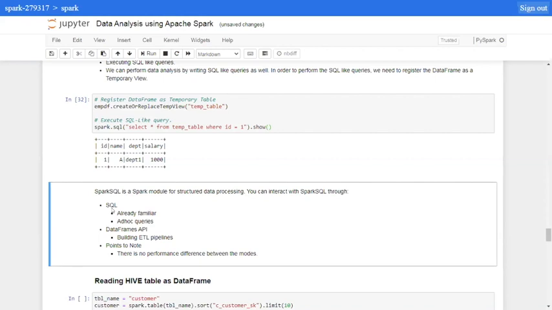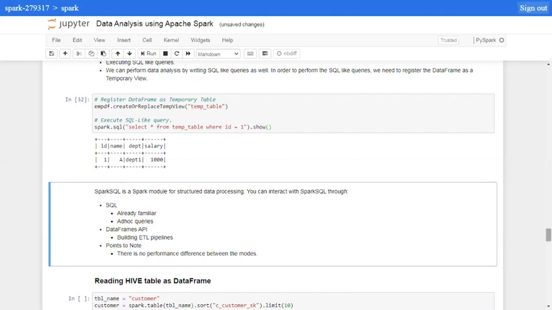However, if you would like to build large ETL pipelines, even if you're an expert in SQL, you can still do that, but that might not be that feasible for you to write or maybe for somebody else to read. At that point of time, we can use the data frame API to build large ETL pipelines, divide our code into small chunks, and then tie things together, because the data frame API will also help you write the code in a functional manner. So that's some of the observation I would like to share based on my experience. However, in terms of performance, there is no difference between the two modes.